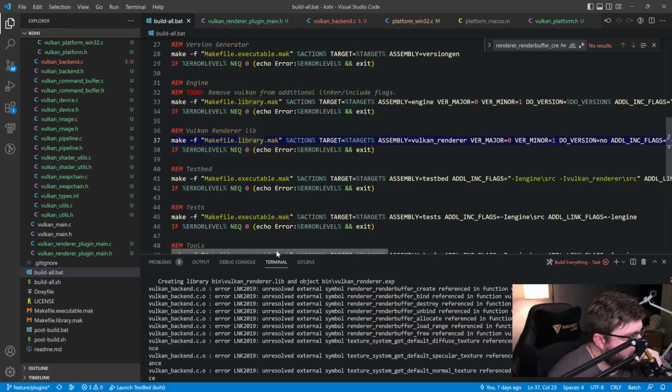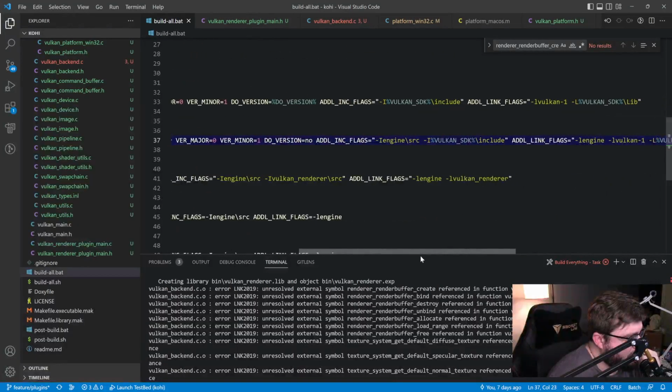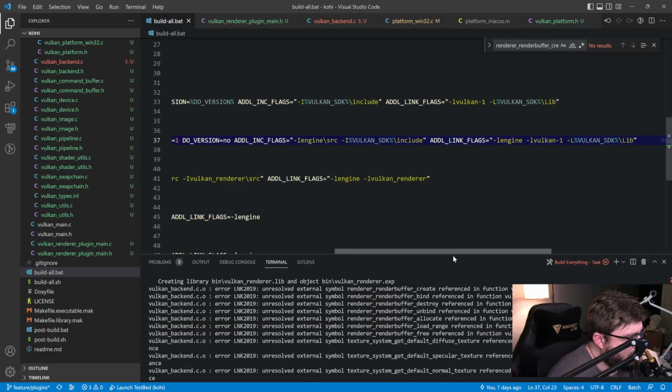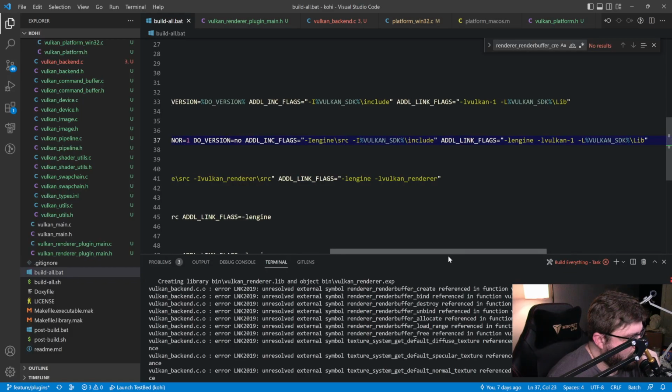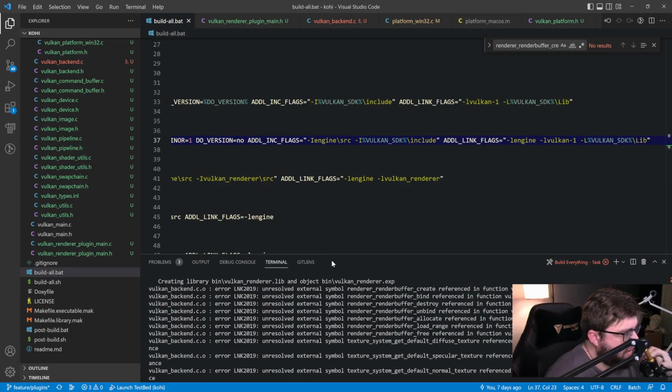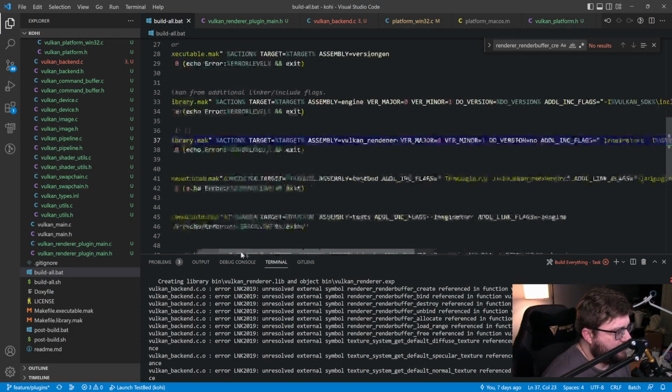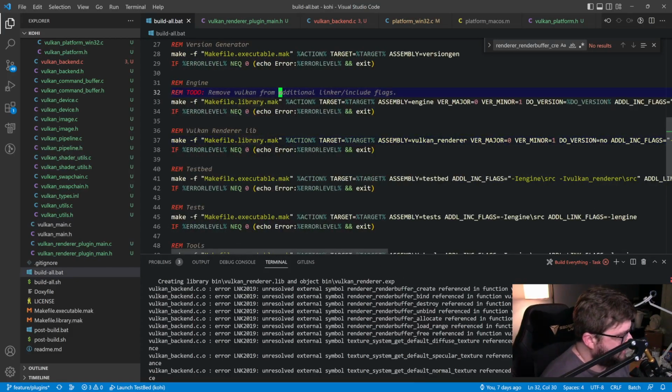The engine is being built first, so that shouldn't be an issue. Oh, you know what? I'll bet those functions aren't being exported. I'll bet that's what it is. Okay, so